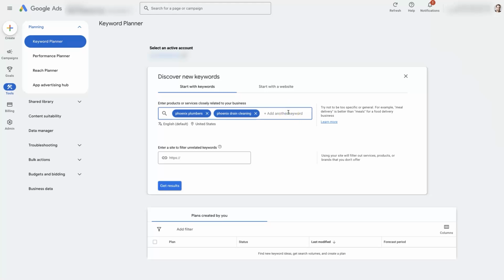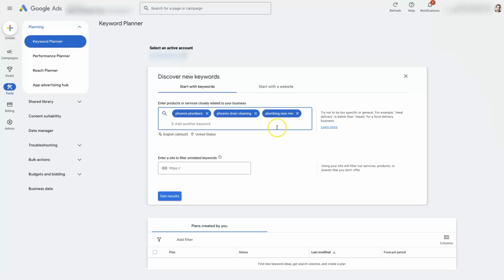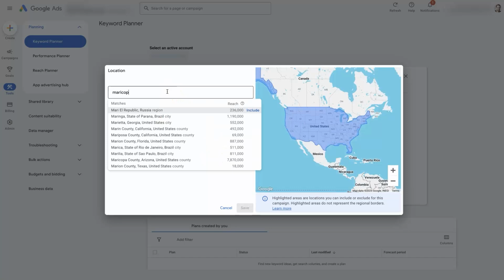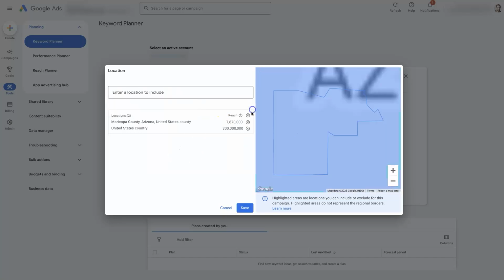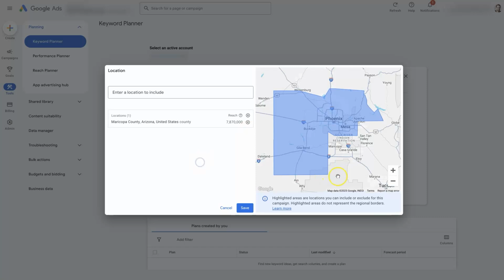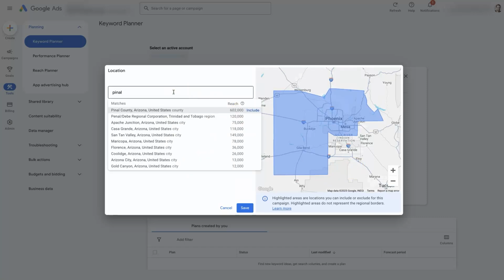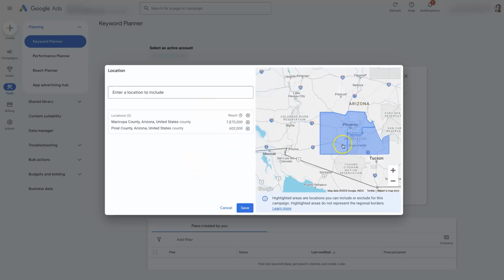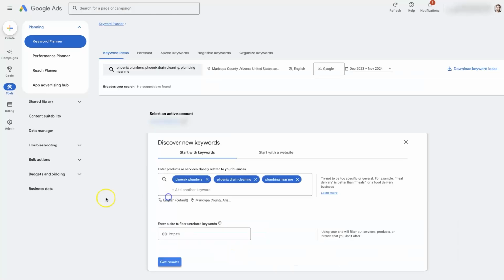Whereas if we were to say something like plumbing near me, then we would also want to choose the location. So we could say Maricopa County, which is basically going to be most of Phoenix. We can remove the United States. There is one other county in the area, which is Pinal County. So that's going to be basically the whole Phoenix area, right? If we click Save here and click Get Results,